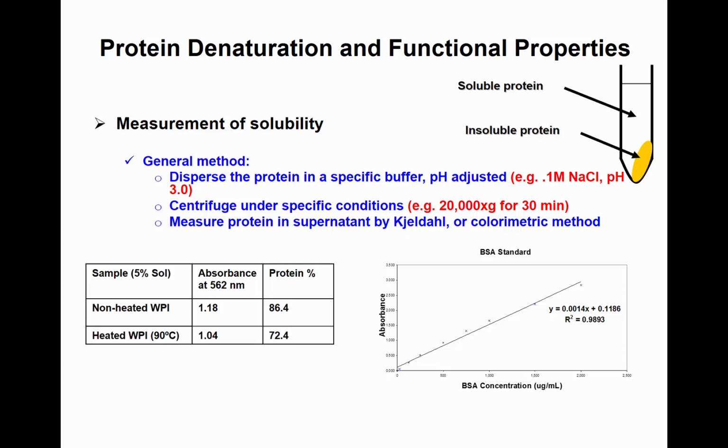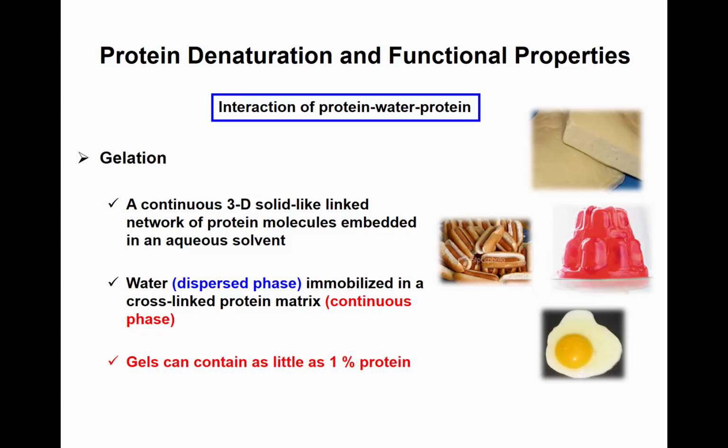And here's just an example that the solubility is impacted by heat. So non-heated whey protein isolate had 86% protein that is soluble, but when we heat it at 90 degrees, which is above the denaturation temperature of whey protein, and we heat it for an extended period of time, let's say 30 minutes, some of the protein will denature and precipitate, so you see a decrease in solubility. Okay,